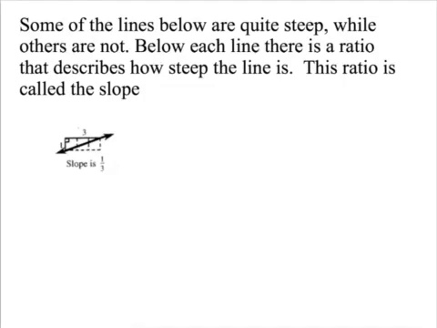So we're going to look at some lines first and discuss what slope is. Some of the lines below are quite steep, while others are not. And we're going to see multiple lines here in a moment. Below each line there is a ratio that describes how steep the line is. This ratio is called the slope. So you can see here on the first line,